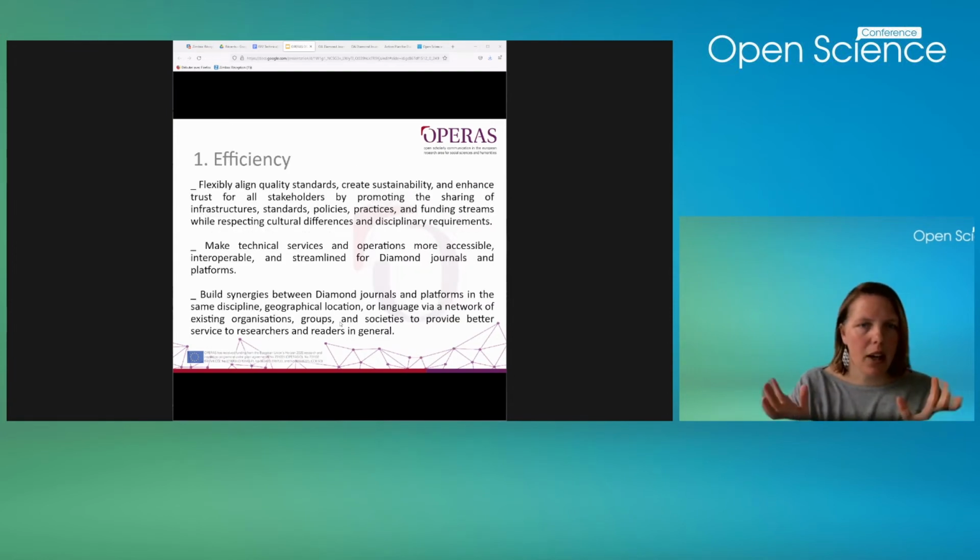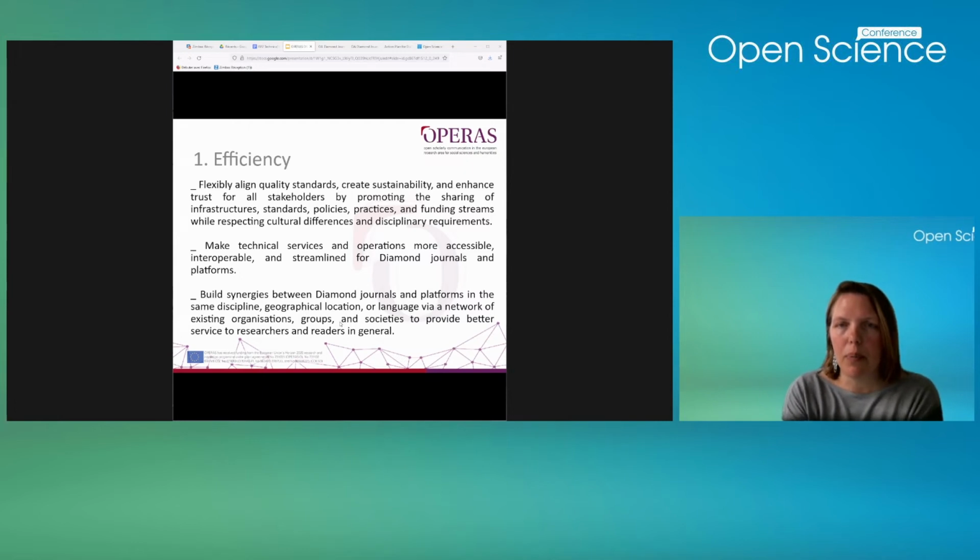So I will present now very quickly the 4 points that compose the Diamond Open Access Plan. First, the efficiency. The Diamond Open Access currently represents an archipelago of relatively isolated journals and platforms, and they would benefit from sharing common resources. This is why we propose, under this efficiency point, the following actions to increase the efficiency and economies of scale,